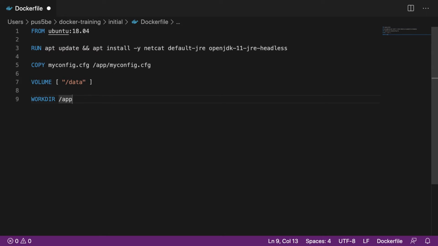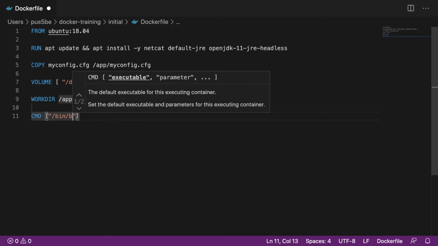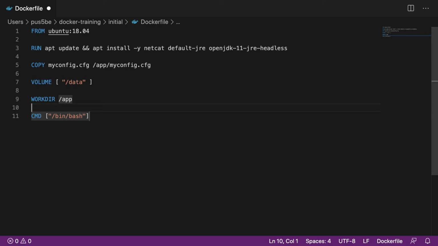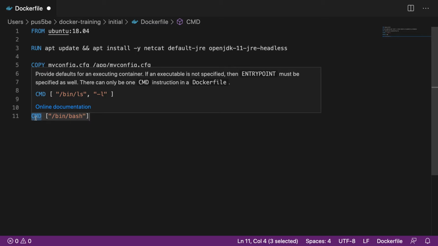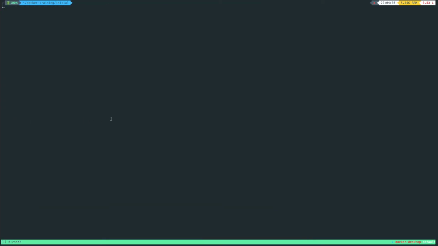Now there is another concept of something called an entry point in the command, which I will talk about. But let's start with a simple command, which is bash. So I run a bash command. So basically command is nothing but the command which is given to the container when the container is run. So by default I give a /bin/bash. Yeah, so now I save this and come here,